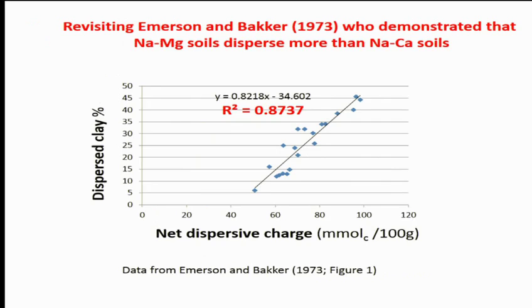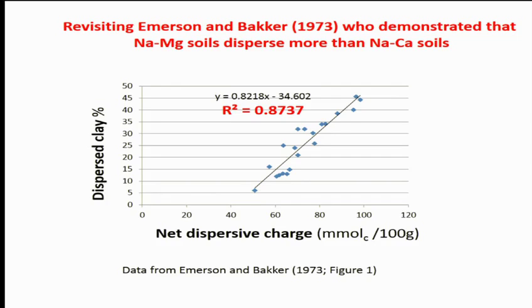Another interesting thing is, I went back to the original data of Emerson and Baker, who first proposed that sodium magnesium soils disperse more than sodium calcium soils. So I used the data that they gave: ESP value, exchangeable magnesium percentage, exchangeable calcium percentage, and so on for their soils. And they had also given cation exchange capacity, so I converted them into milliequivalents per 100 gram